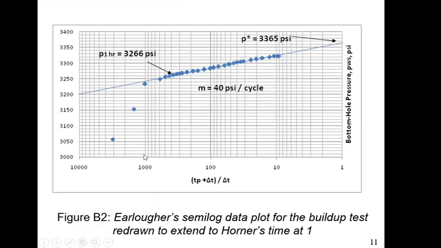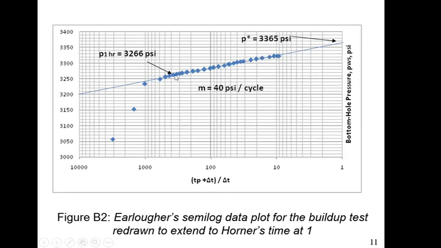And of course, the Horner plot entails plotting the shut-in bottom hole pressure against the Horner time. And remember, as I said in the last lecture, the scale for the x-axis is reversed, so that this would give the expected build-up straight line, at least under infinite acting radial flow. So what is done is